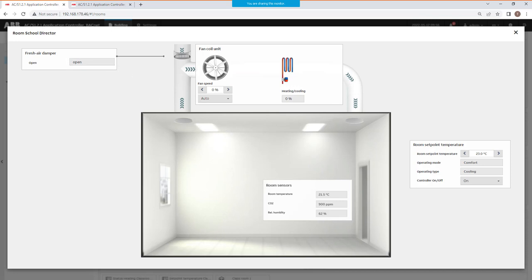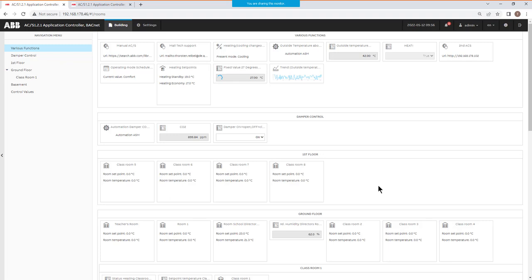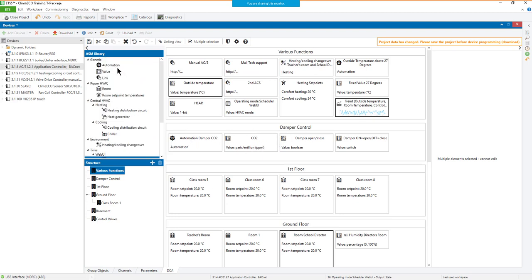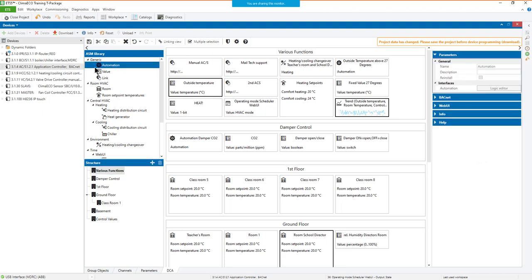Very simple. How did I do it? This logic together with the other function. Let's go back to the ETS. So, and here is my situation. I took a so-called automation ASM. This is a freely programmable software functionality inside the application controller. This is this one here. And I programmed this. How to do? After